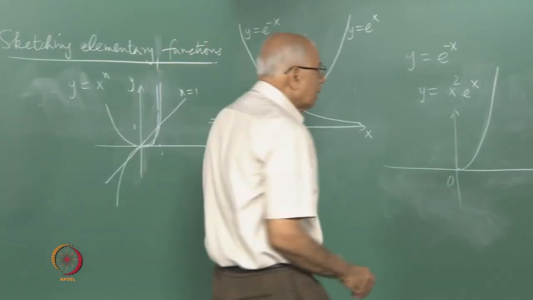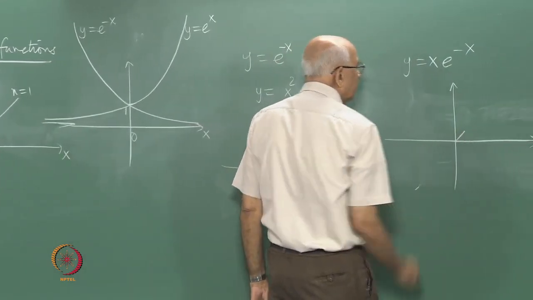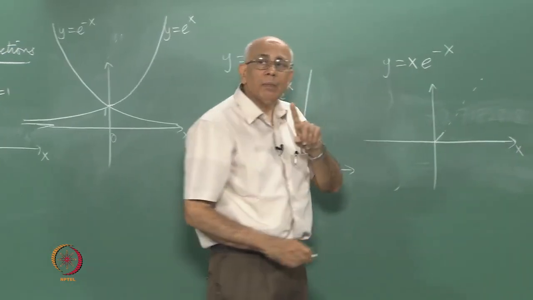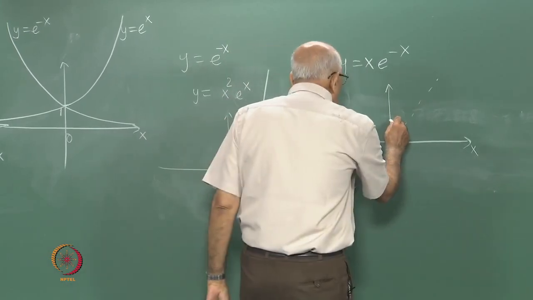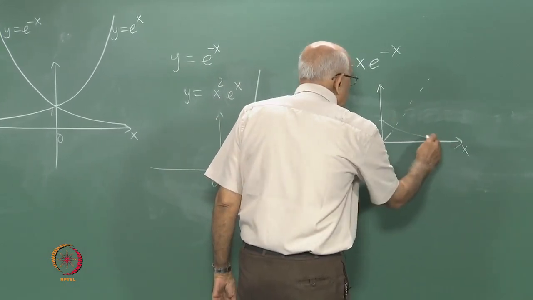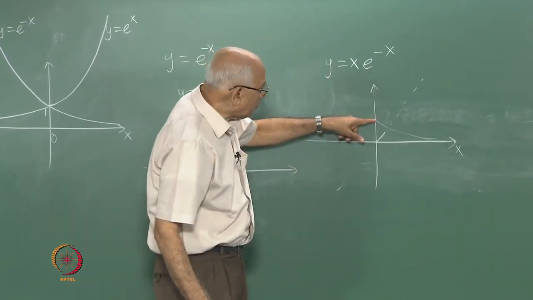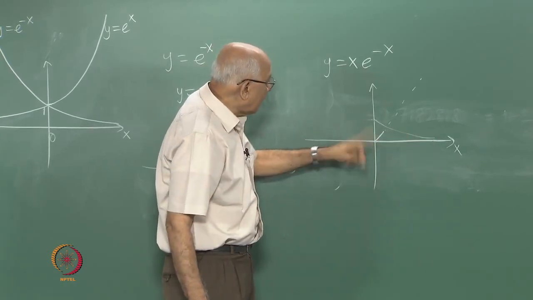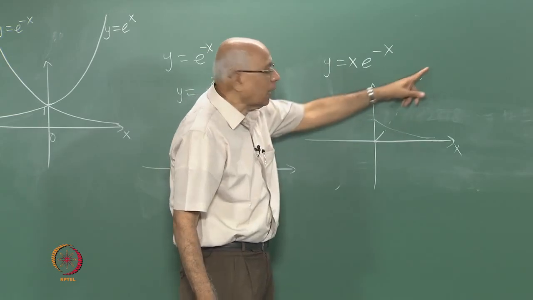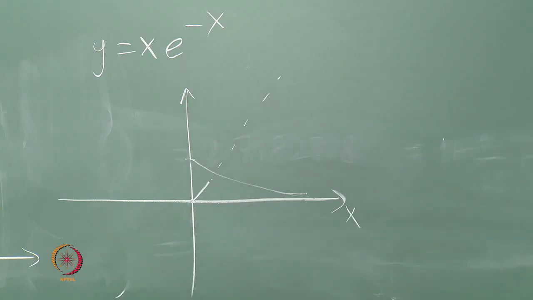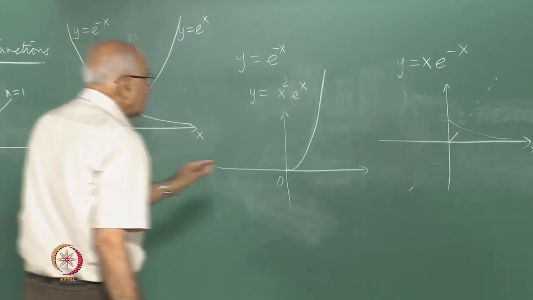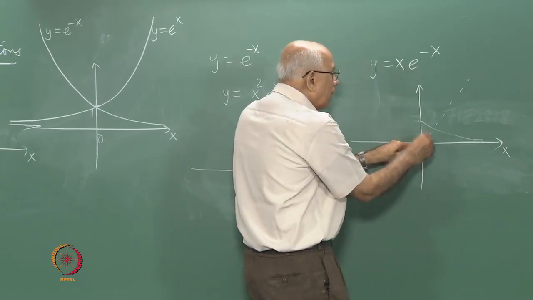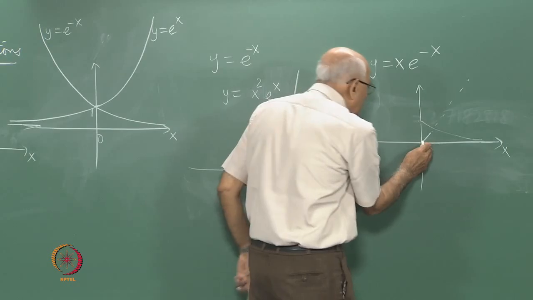On the other hand, for very, very small values of x, this function is approximately x, and then there are corrections of order x squared, and approximately x means it takes off linearly, and then it would have continued forever had this been just x, but it is now being multiplied by e to the minus x, which if you recall starts at 1 and goes to 0 in this fashion. So we have the product of a function which starts at 1 and goes to 0 very rapidly, and we have that multiplied by a function which starts at 0 and climbs to infinity not so rapidly because it is a linear function, whereas the exponential drops to 0 much faster. So as x goes to 0, this 0 is going to dominate because it is multiplied by a finite number, so the graph indeed takes off like that,